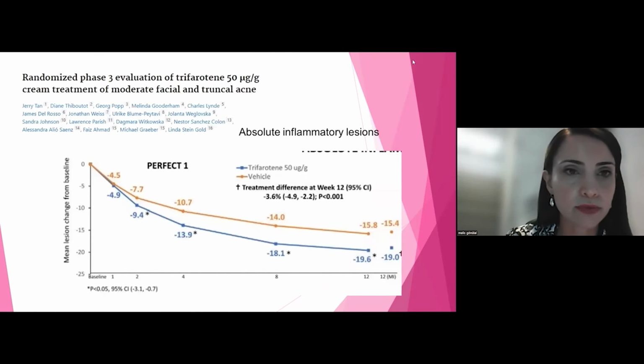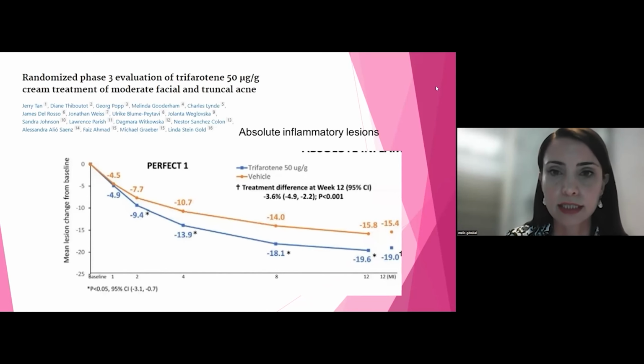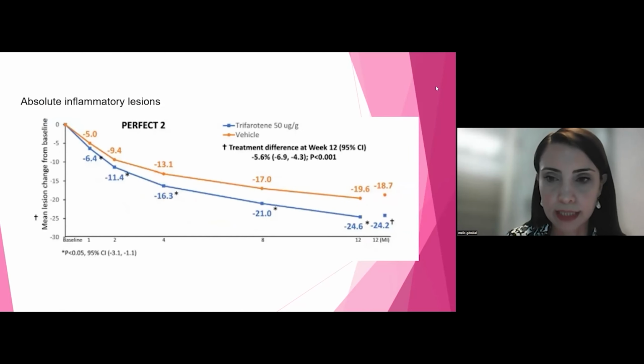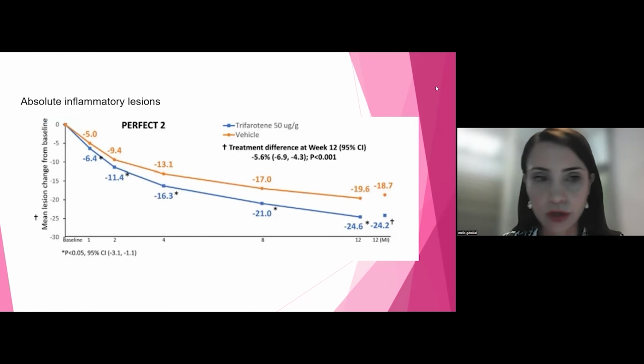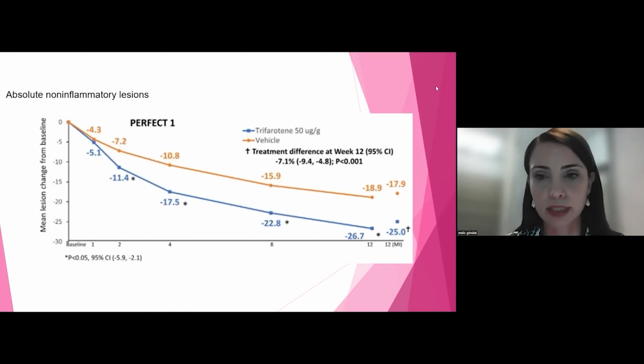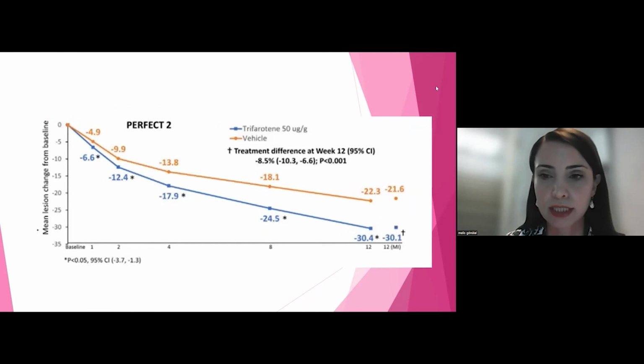Here we can see another phase 3 clinical trial. I mentioned in this graphic inflammatory lesions at week 12. The achievement percent was 19% in the first group, and in the second group the achievement percent was 24% at week 12. And about non-inflammatory lesions, in the first group the achievement percent was 26%, and in the second group